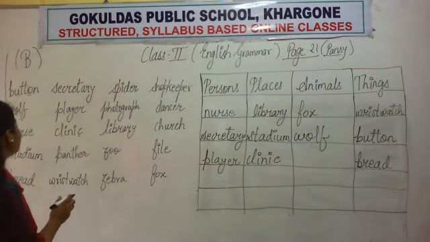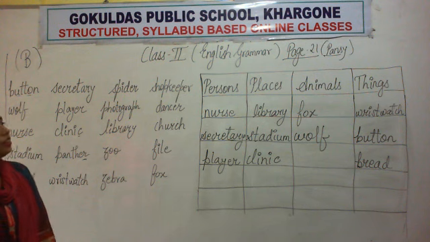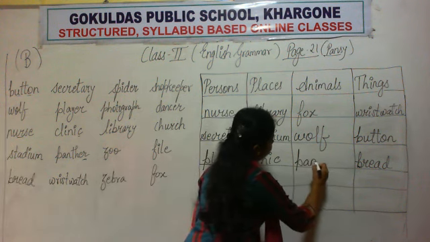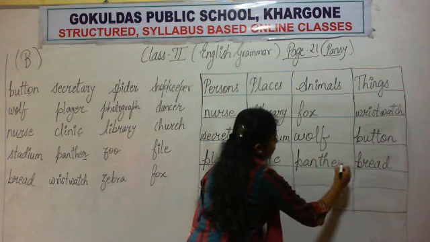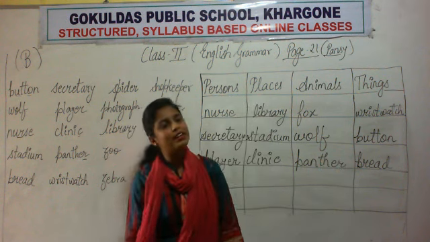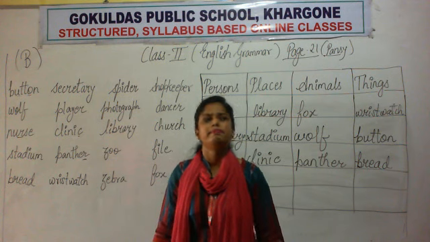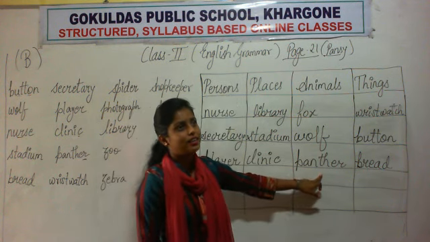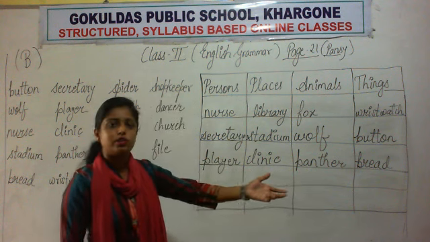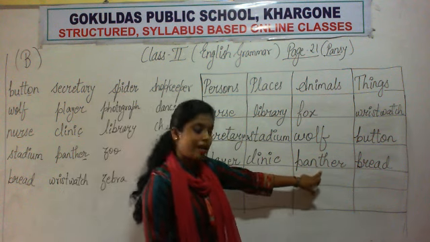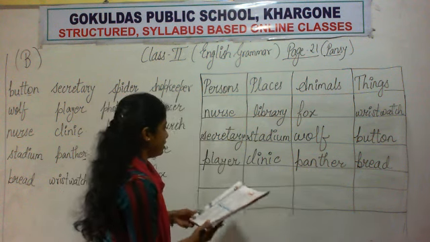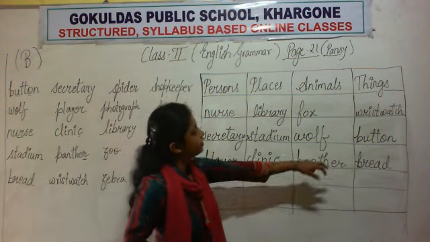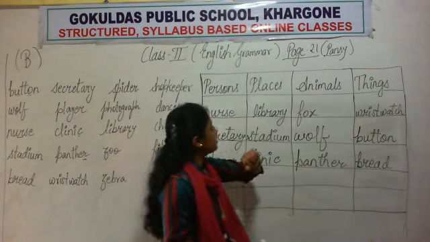Then next to it is panther. What is a panther? It is an animal. Panther is an animal similarly like a cheetah and a tiger. Okay, so panther belongs to the cat family. जैसे tiger, cheetah and all also belong to the cat family. Panther also belongs to the cat family. Okay, so it is an animal. Then wristwatch, it is already written there in the column of things.